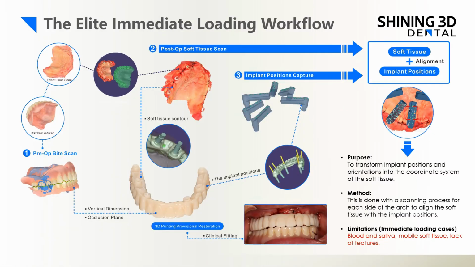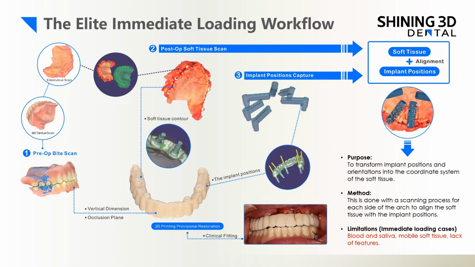Here is an overview of the Elite immediate loading protocol, which collects all digital information of the patient's records needed for designing provisional restoration, starting with the pre-operative occlusion. The Elite scanner's edentulous scanning workflow easily captures the pre-operative soft tissue, 360-degree denture occlusion, and automatically completes the alignment, preparing for the transferring of the pre-operative bite relationship into the post-operative restoration design. Then, as mentioned earlier, we perform post-operative soft tissue scanning and use IPG technology to capture